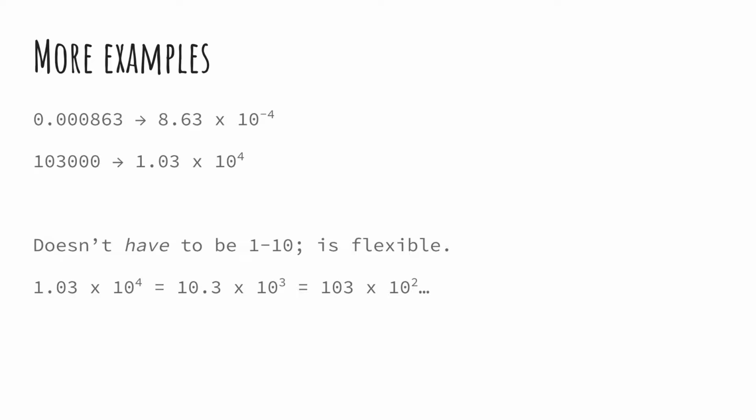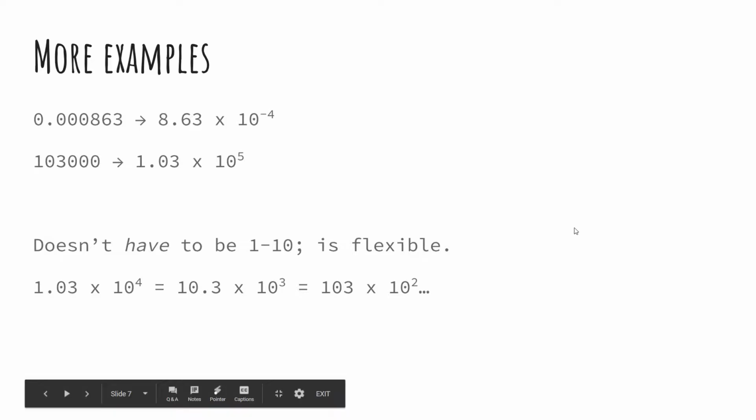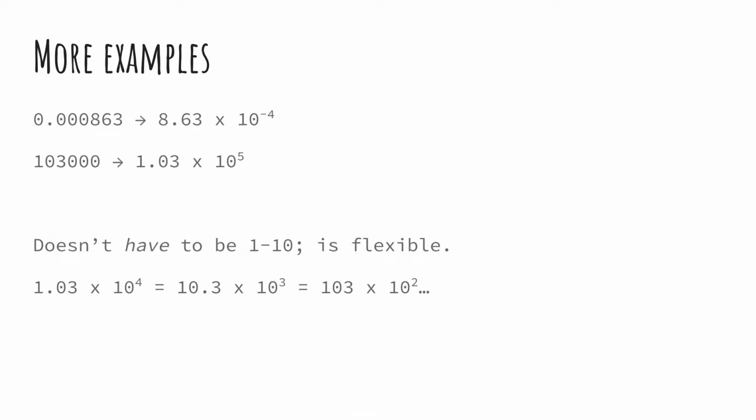0.000863. You move the decimal place to the right until you have a number between 1 and 10. And that gives you 8.63 times 10 to the negative 4th, because the decimal moves right 4 spaces. Then you have 103,000. You have your decimal place, you move it to the left 5 spaces, that gives you 1.03 times 10 to